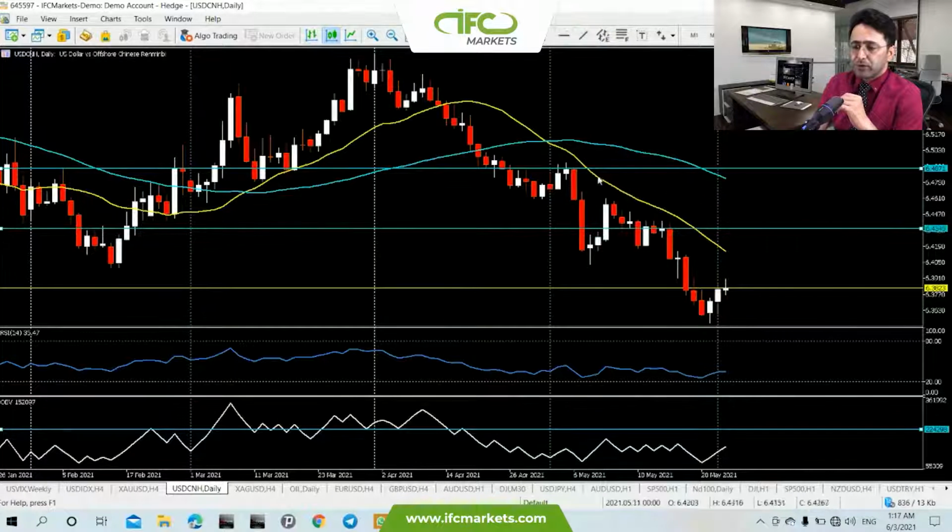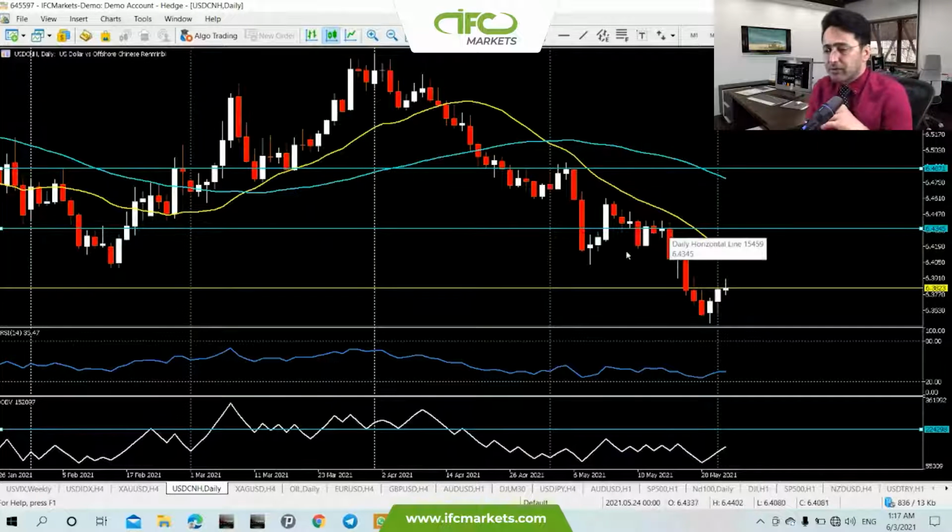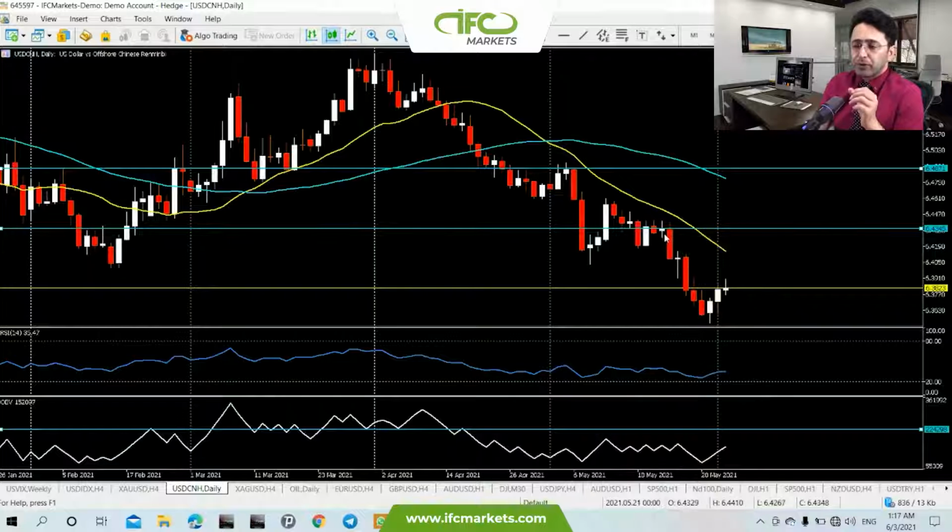enter the market. So look here, and then again at a lower price, this is a chart of the USD Chinese yuan at 6.48 and at 6.43. Both of them were good places to enter the market as a sell position. So here this can be your position to enter, and the 20 period moving average can tell you the places and